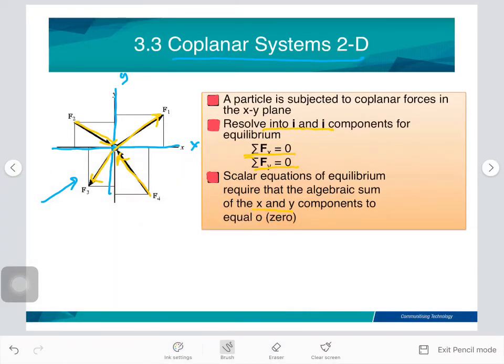For F1, you need to resolve in X, and then you resolve in Fy. So here, if you have a case like this, if your force is toward this point, you're going to have this direction, like this. Okay, so for example F3, here is your Fx and Fy. Also for this F4, you're going to have in X and in Y. Okay,